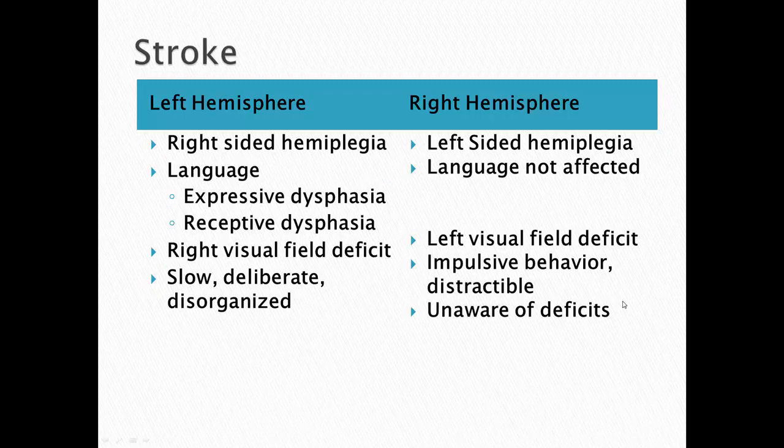Now remember, when we think about stroke, we also have to think about the two sides of the brain, the left hemisphere versus the right hemisphere. And remember that when you have a stroke in an area of the brain, there is contralateral damage. So if someone has a left hemisphere stroke, they will demonstrate right-sided hemiplegia, usually have difficulties with language, and this